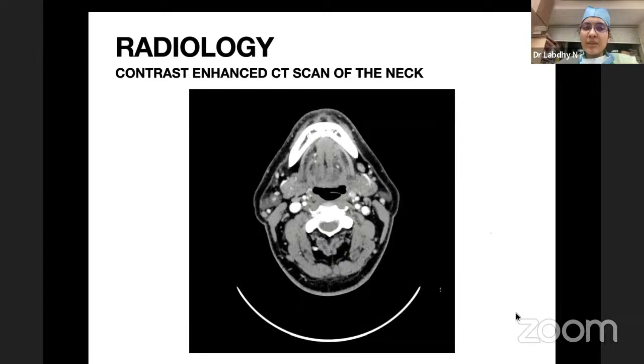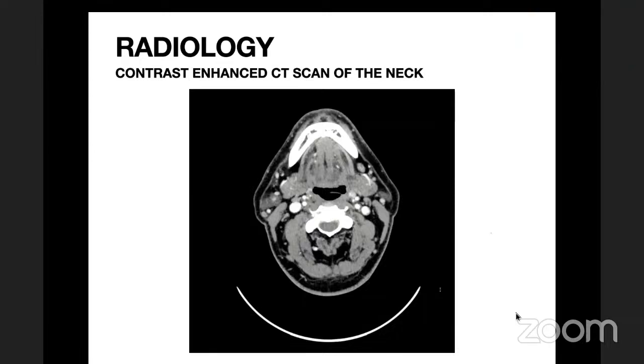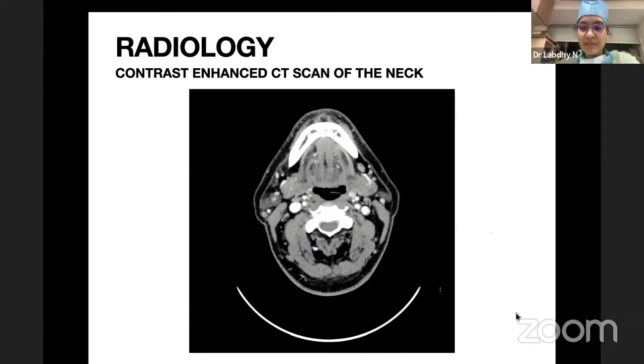Sir, I would like to look at the margins, the nodal status, the differentiation of the tumor. So, Labdi, when you're talking about pathology, it is always good to go in an orderly manner, because then it will help you also decide whether you need adjuvant therapy or not. Now, this was a T4A N0M0 by virtue of cartilage invasion. Will you give adjuvant therapy any which way, or will you look at the pathology? I will give the patient adjuvant therapy. Sure.